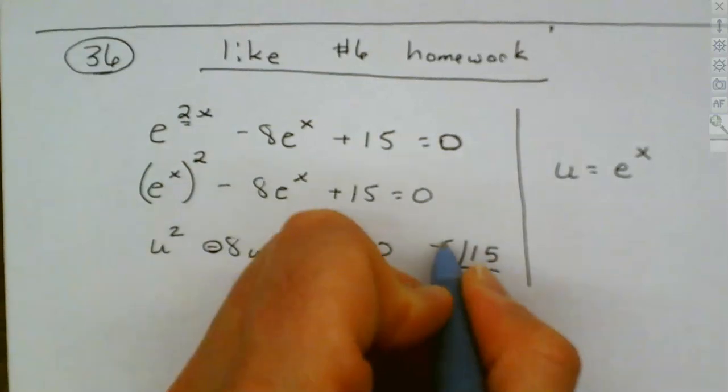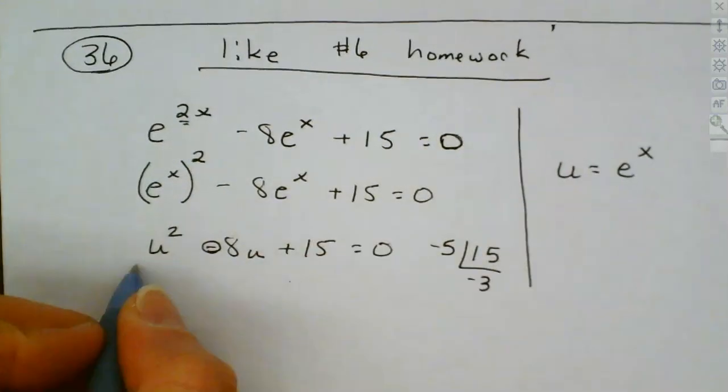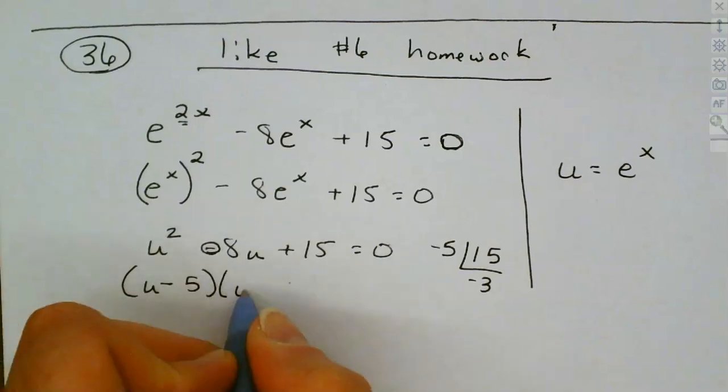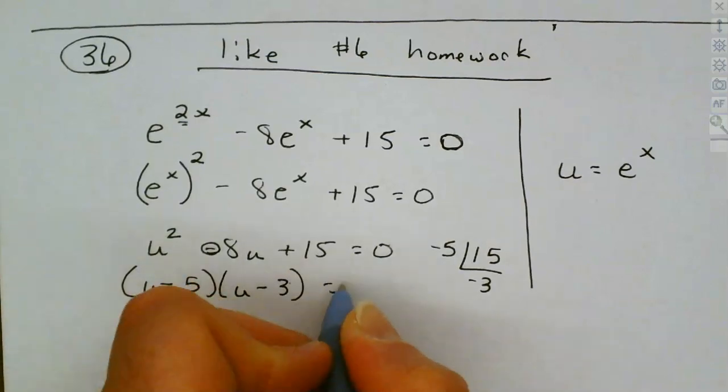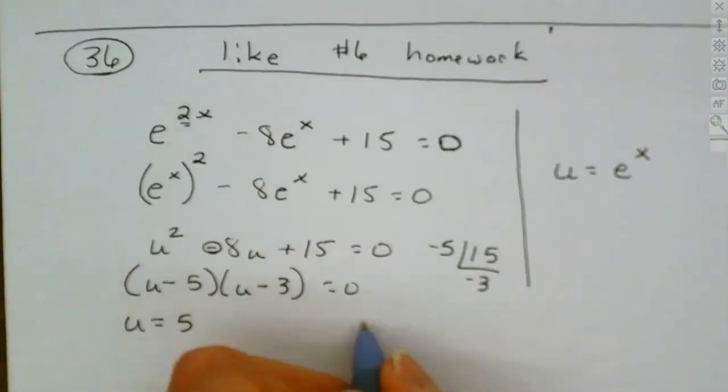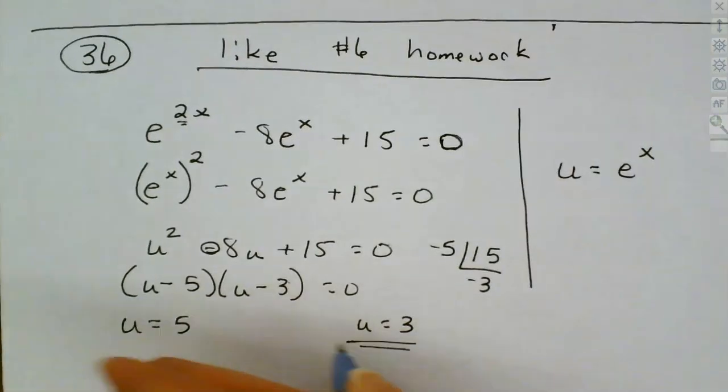Okay, minus 5 and minus 3. So that factors into u minus 5, u minus 3 equals 0. So we've got u equals 5, and we've got u equals 3. Now,